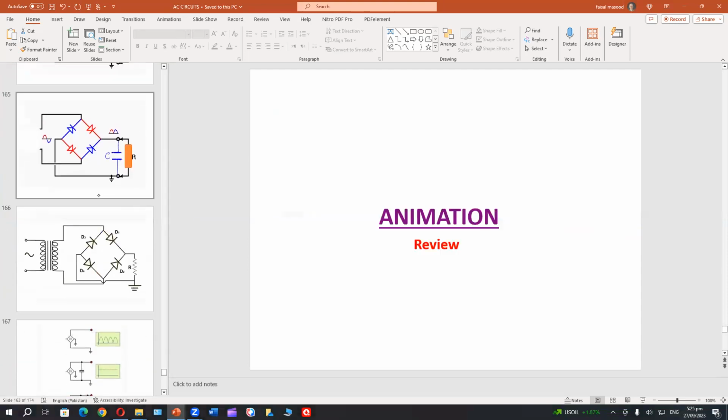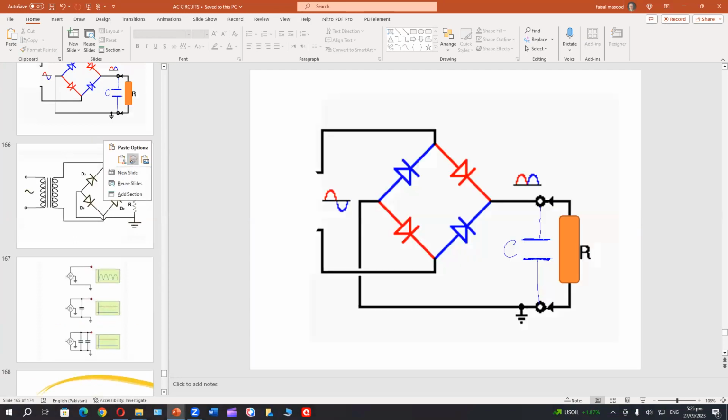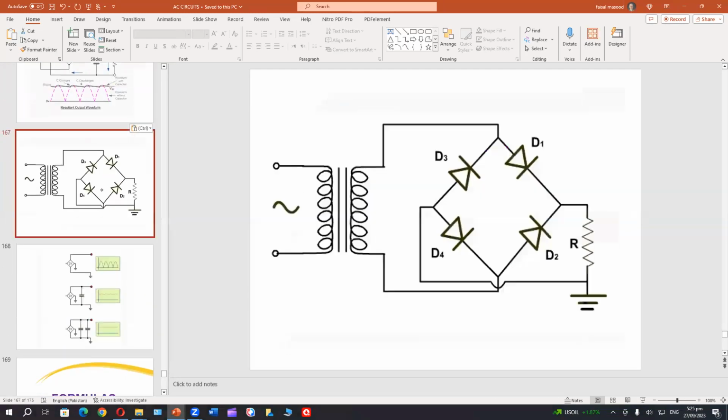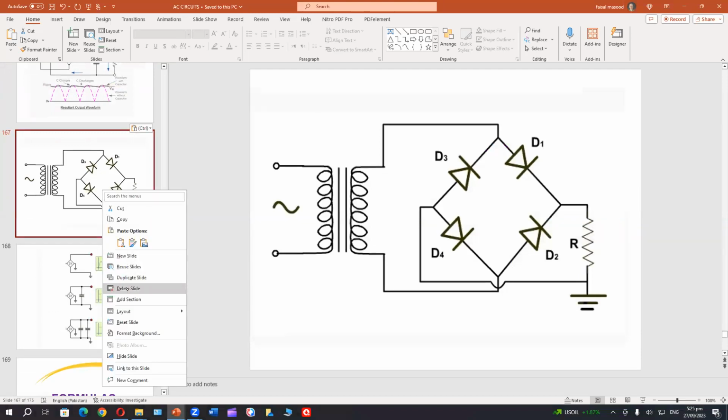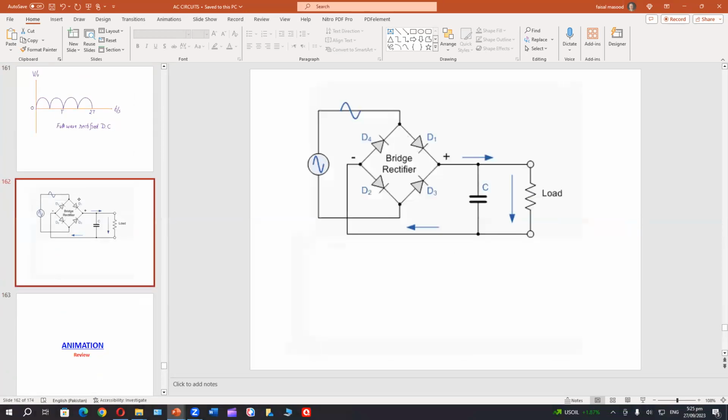So we need to use a capacitor. So right under it write that a capacitor is now used